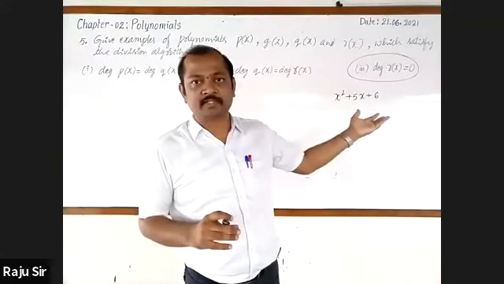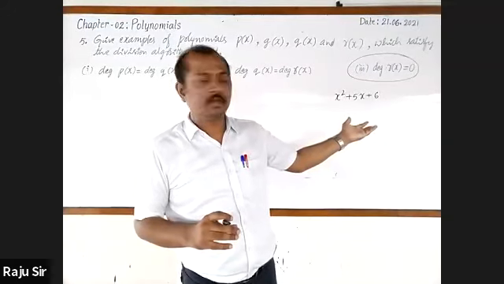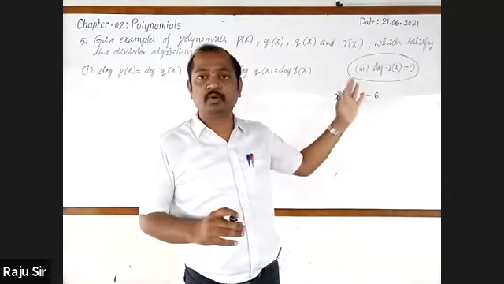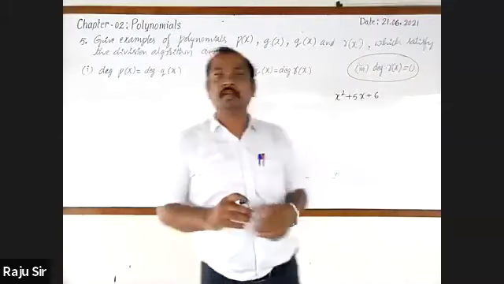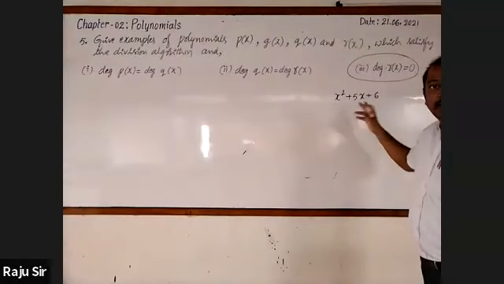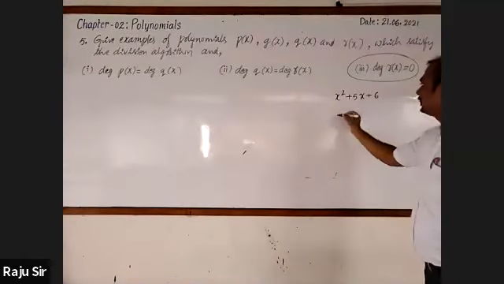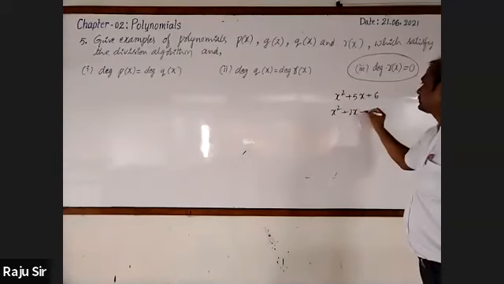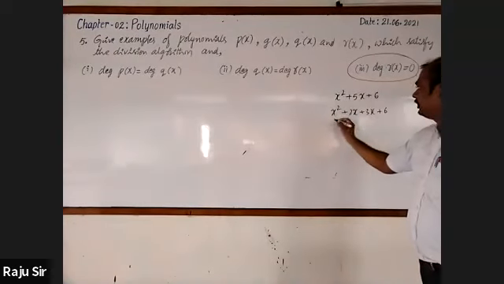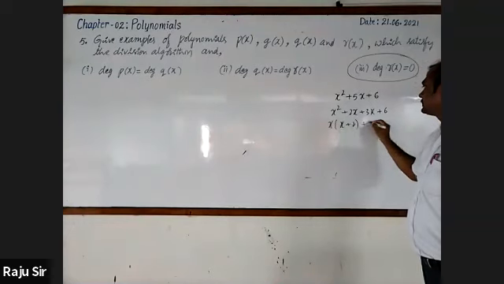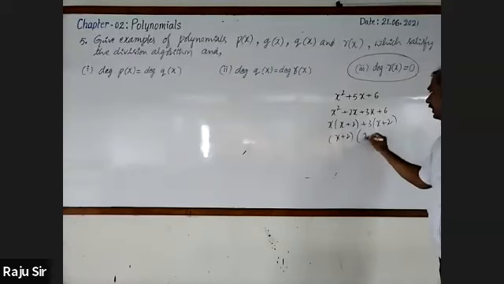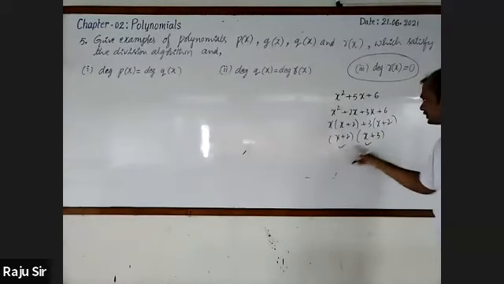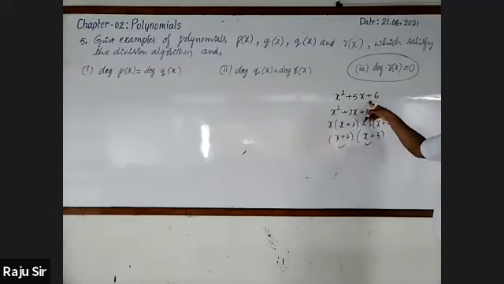You may take the factors as 2 and 3, sir. Just in general, we say that it is x plus 2 and x plus 3. If we factorize, we get x square plus 2x plus 3x plus 6 equal to 0. Then x into x plus 2 plus 3 into x plus 2. In the whole statement, x plus 2 is a common factor. Remaining x plus 3. Then these two will be the factors of x square plus 5x plus 6.